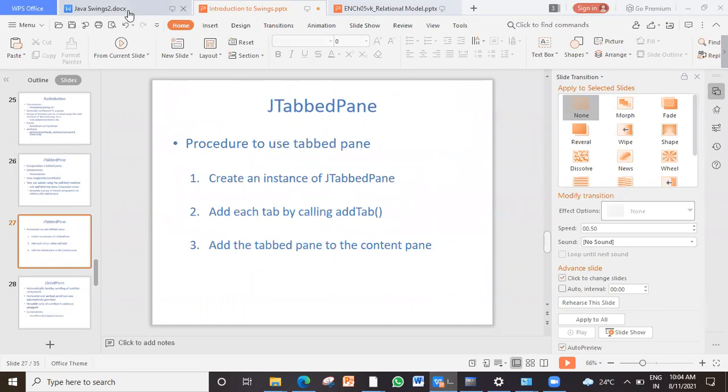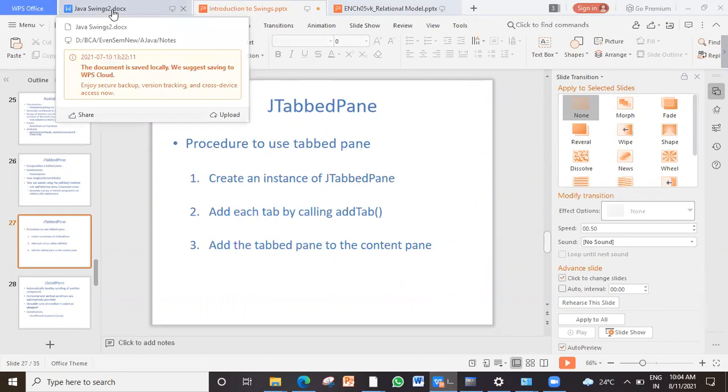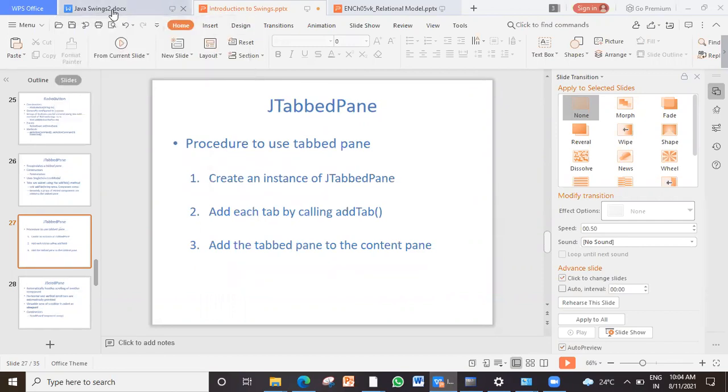So here we are talking about another control which is called a tabbed pane. What is the procedure to create a tabbed pane? It is not a new control. It combines various controls into sub parts, which are called panes. A pane is nothing but a small section of a window. Like when I talk about a right side pane, in the same PowerPoint window I have a left pane, a middle pane, a right pane, a top pane. So this is called a pane.